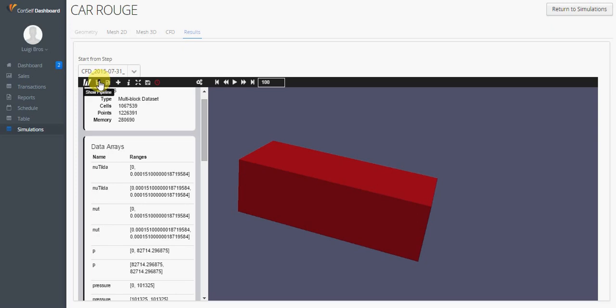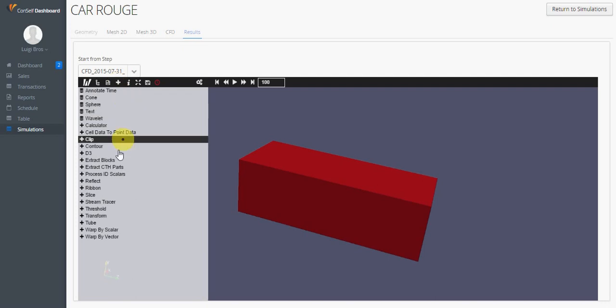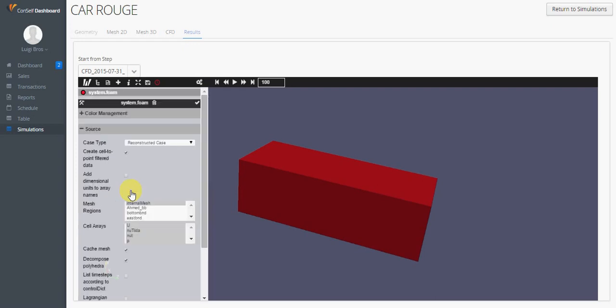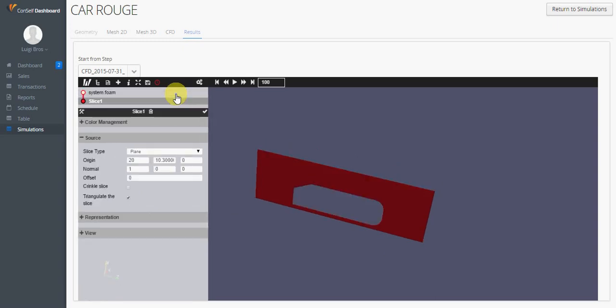So what we want to see now is a slice. So we move back to the pipeline, we select system form, and we click on this plus symbol. By clicking it, we can visualize all the options available in this visualizer, such as slice. This option allows us to create a slice of the whole CFD simulation and to visualize on this slice some CFD variable, such as pressure. Here it is the slice,